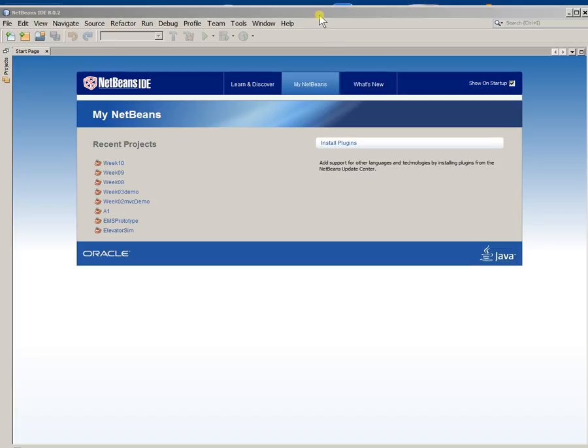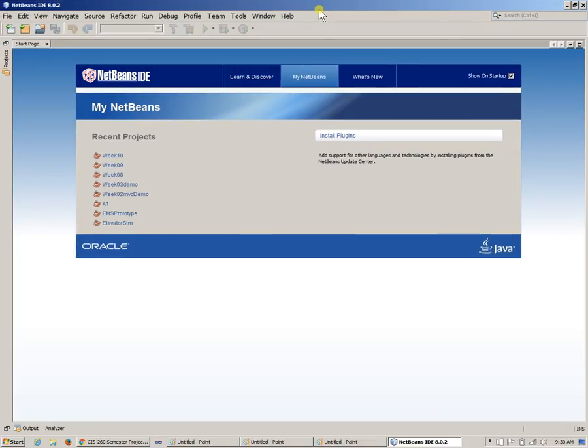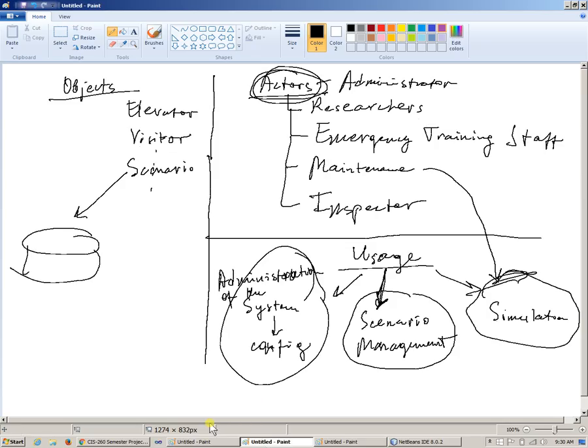As you can see, for the past couple of sessions we're really not doing a lot of programming in this class, but that's going to change right now. Another very delicate and important part here is